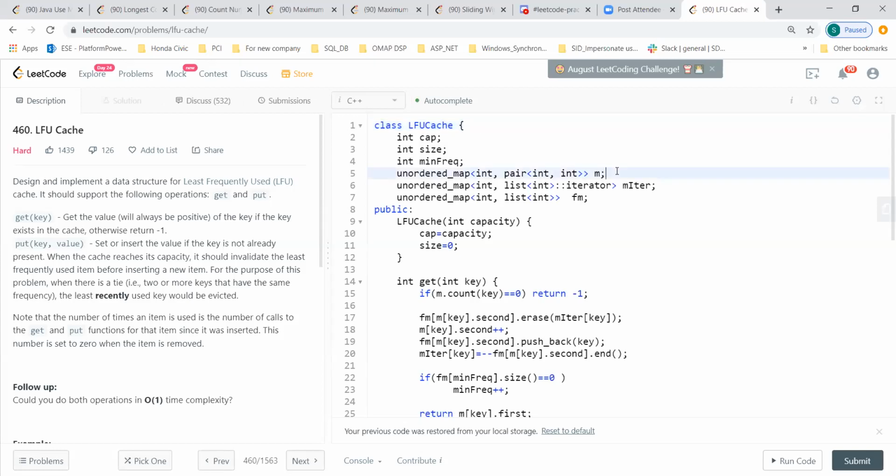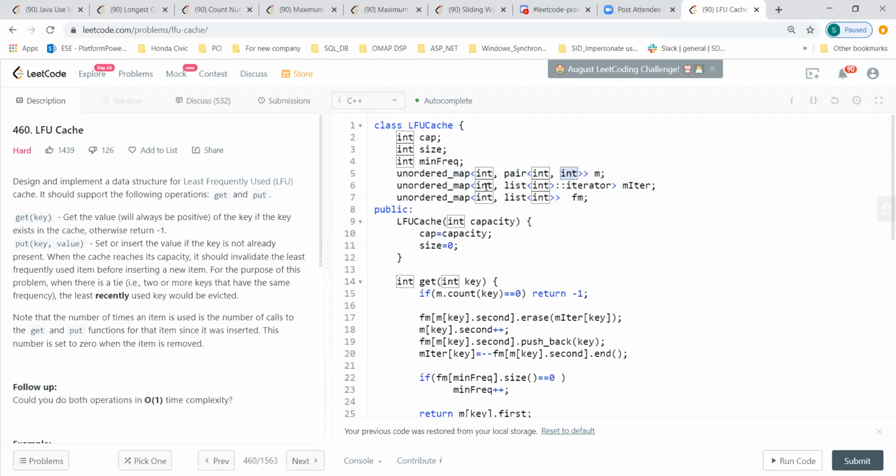So there is a slightly different thing over here. There are three maps. One is actually the key-value pair. You have the key and then you store the value, and I think there is a frequency also.